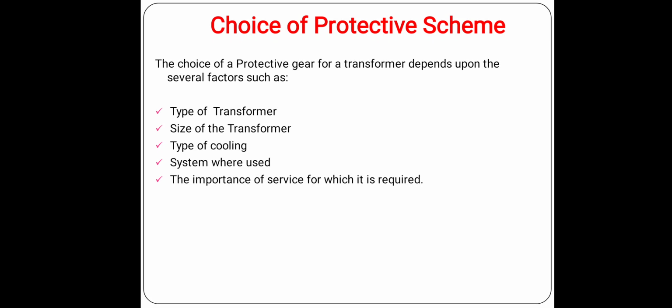If we have a distribution transformer, basically employed in rural areas, the normal practice is to use a fuse for its protection against external faults. But for urban distribution networks where discrimination is absolutely necessary, fuses will not serve the purpose. Now, if we move to the power transformer,